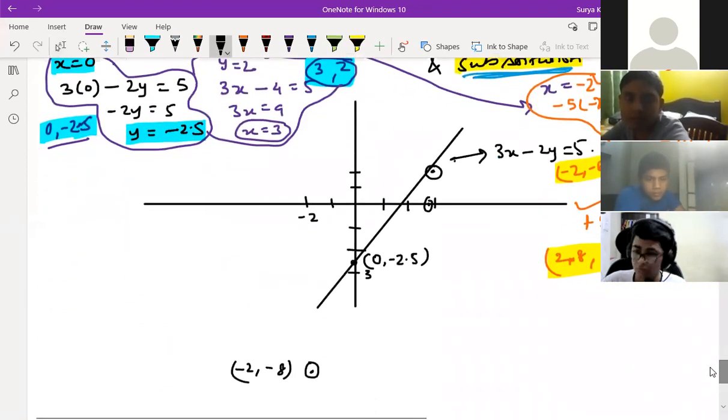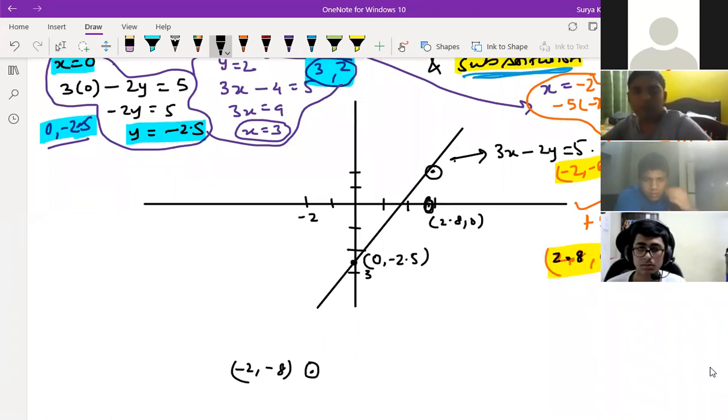Sir, we have to take 2.8 and 8? Yes, 2.8 and 8 I've taken now. 2.8 and 0, right? Yes, sir. So 2.8 and 0 is here. See, this is 2.8 comma 0. So if you match this point and this point, we don't have to actually keep the ticks for the 2.8, right? It's an estimation. See how the line will come, I'm telling you.